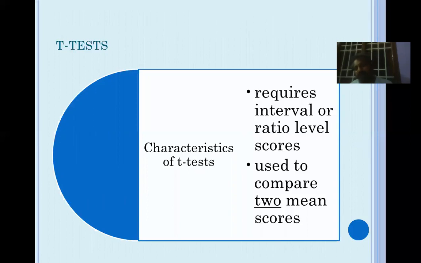What do I mean by that? If you take gender, this independent variable has only two levels, male and female. If I take another independent variable called nativity, it has two levels, urban and rural. So your independent variable should have two levels and your dependent variable should be in numbers. Then you can conduct a t-test.